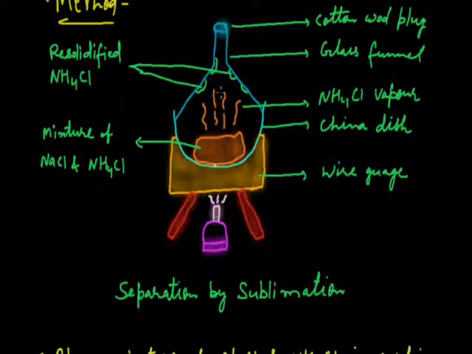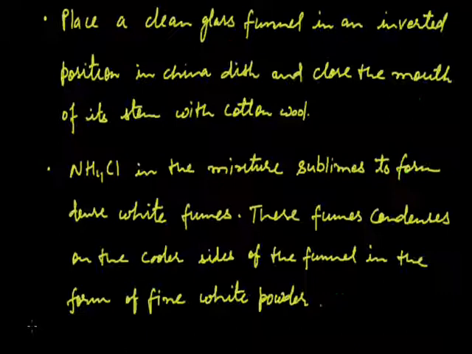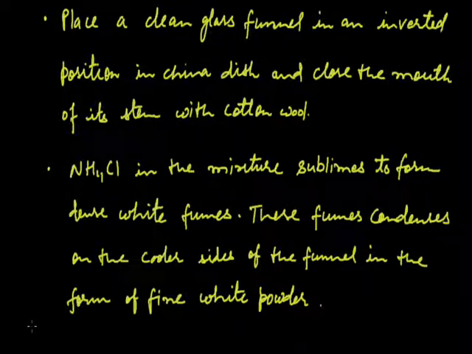When the mixture stops giving further white fumes, the funnel is lifted. Fine white powder is scraped from its sides on a piece of paper. This is the pure ammonium chloride obtained. The residue left is sodium chloride. In this way, these two substances which form the mixture are separated. More examples of substances undergoing sublimation are dry ice, that is solid carbon dioxide, and anthracene,